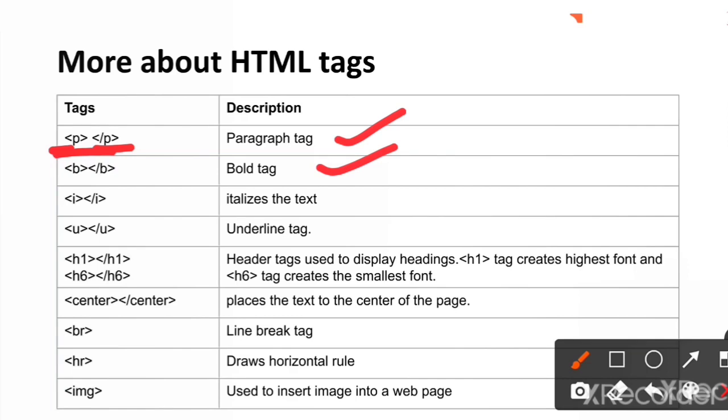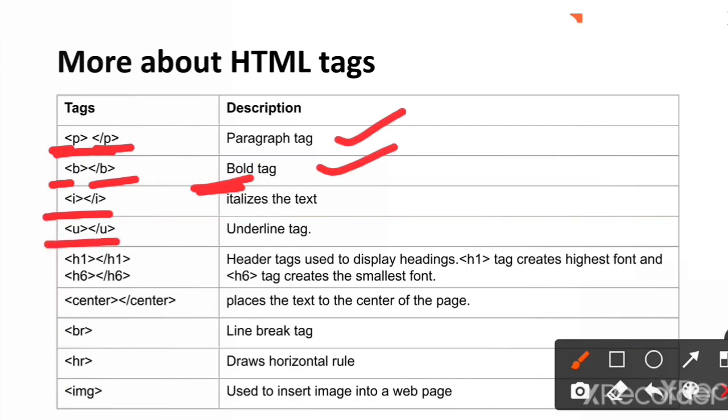This tag is used to emphasize a particular text, so that the font and the text appears brighter. That is for making the text bolder, you can use this bold tag. It begins with B and it ends with B. Similarly, you can italicize the text by using the I tag of HTML, and then to underline a text you can use this U tag.